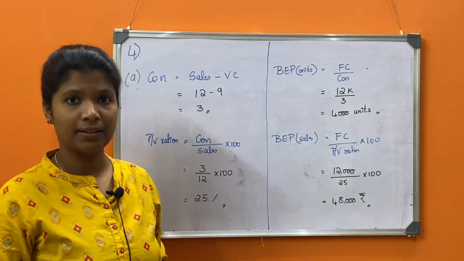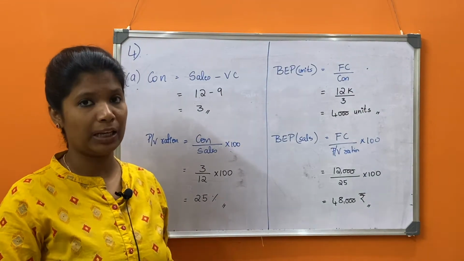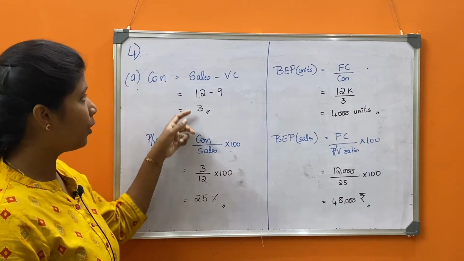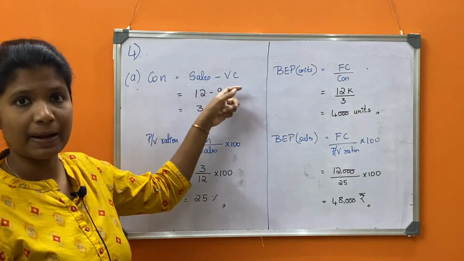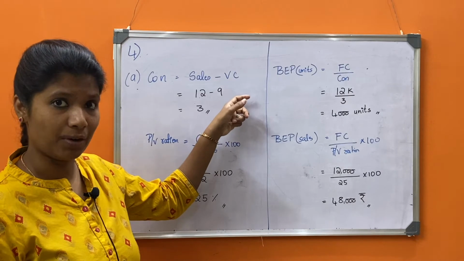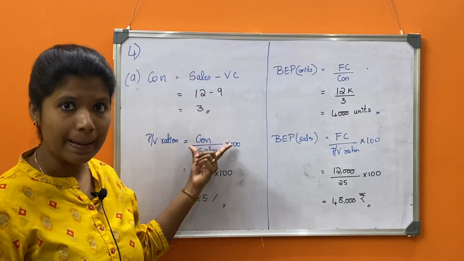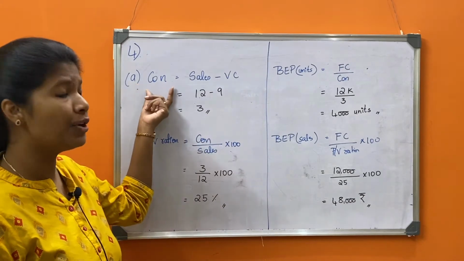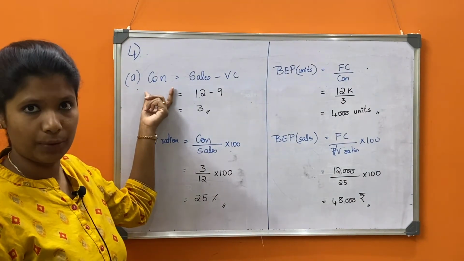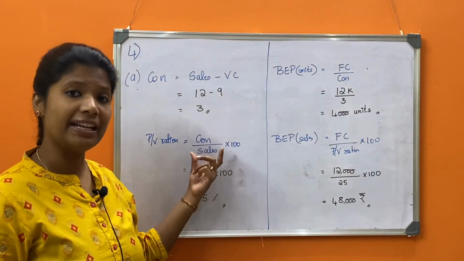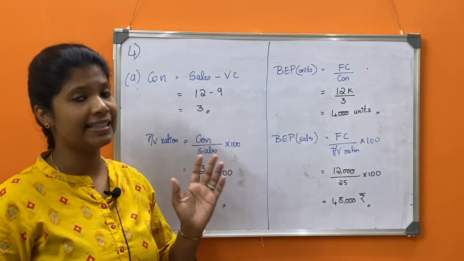Now you might think, ma'am, it is sales minus variable cost divided by sales into 100. Now that is what we already found out, correct? Sales minus variable cost is what we have found out. So I did not write again sales minus variable cost, but in short we have found out contribution. Okay, so if you want to write down sales minus variable cost divided by sales into 100, still the formula